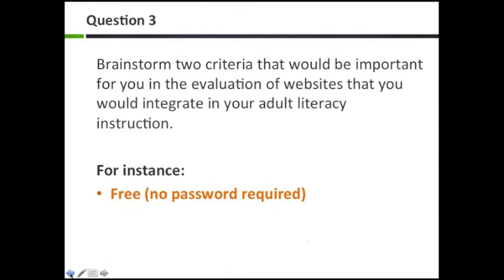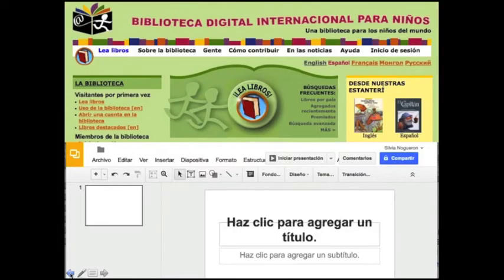So these two websites are examples of what I said when I explained the language of the interface and the language of the content. The first one is International Children's Digital Library, and I'll go over this again in an internet browser. But here you can see how the headings of the website are in Spanish, and there's different subheadings with the English, Spanish, French, and then two other languages that I don't know. So these actual subheadings mean that you can change the language of the interface. You can change how you navigate the sites. And then where you can see the book in the middle, it says read books. That's where you actually access the content. But that website, both the interface and the content are multilingual.